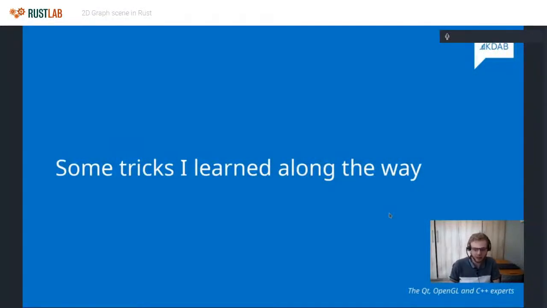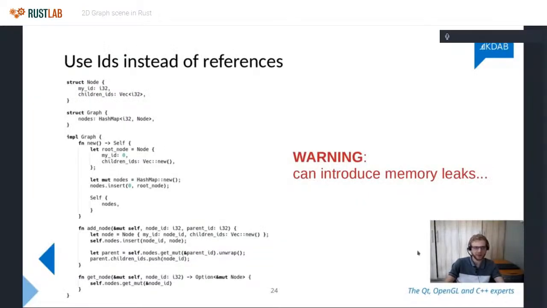And then I quickly want to go through some tricks that I learned while doing this implementation. A lot of these things are quite likely anti-patterns. It's things that I ended up doing because I wanted to do object-oriented stuff in Rust. So just a warning, you probably shouldn't be using this stuff, but if you ever find yourself in a situation where you need to do it, then hopefully I can save you some time with these things. Okay, so the first one actually isn't such an anti-pattern.